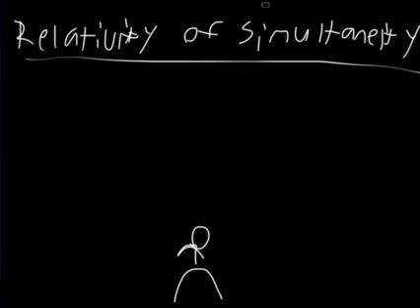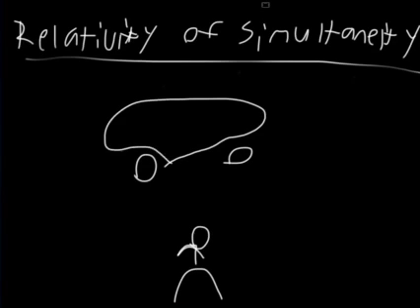So let's say there's a van. You're still standing right here at rest, and you're in an inertial reference system, and the van is right here moving forward in this direction relative to you with a constant velocity. Therefore, it's also an inertial reference system, and Newton's laws of motion are valid in both of these inertial reference systems. Now let's say your friend is in the middle of the van,